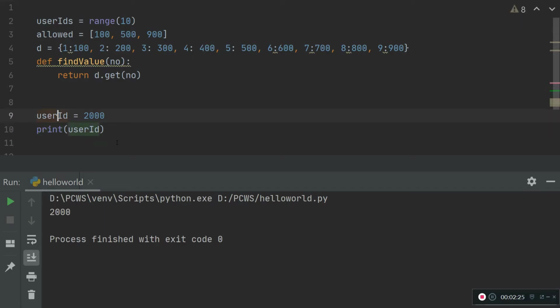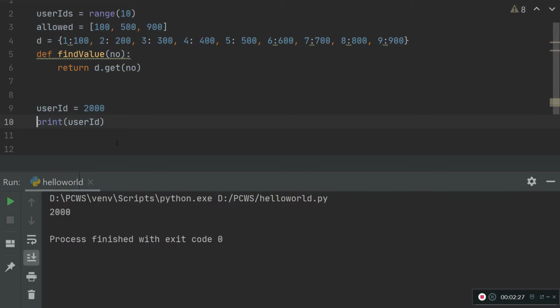So instead of using two lines, I can use a single line and use the walrus operator and assign the same value here. What it means here is the 2000 value is getting assigned to user ID and 2000 will be returned. So in this line 2000 will be printed and the value is getting assigned.